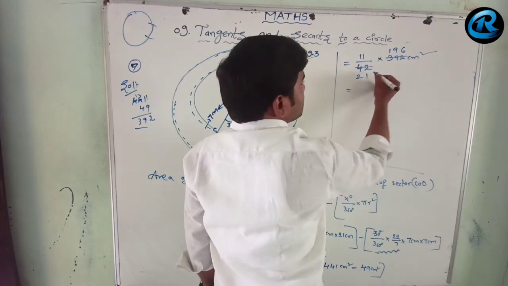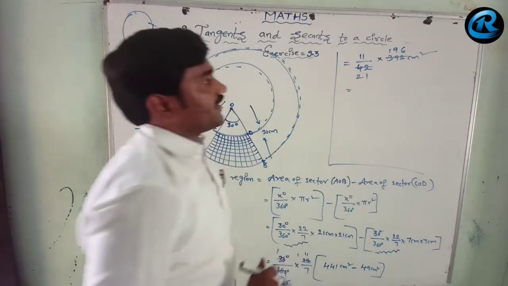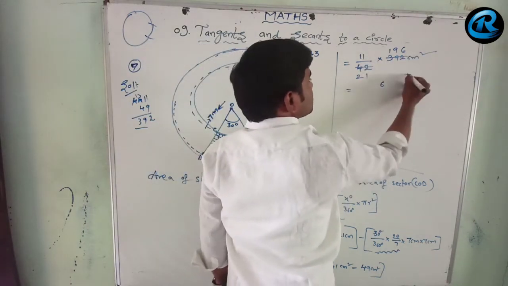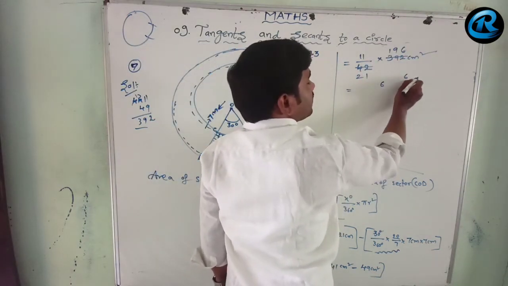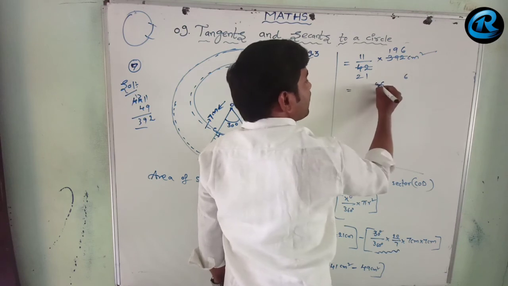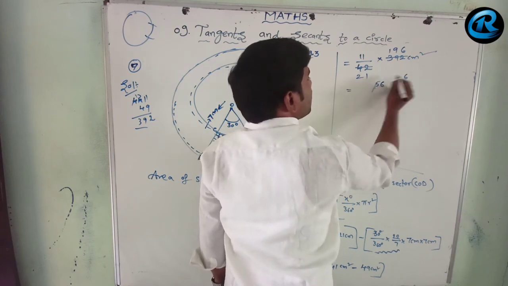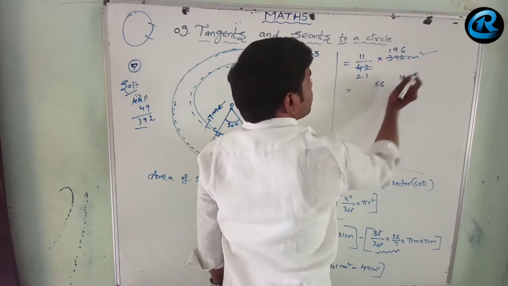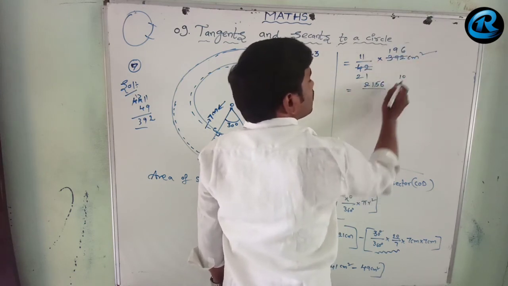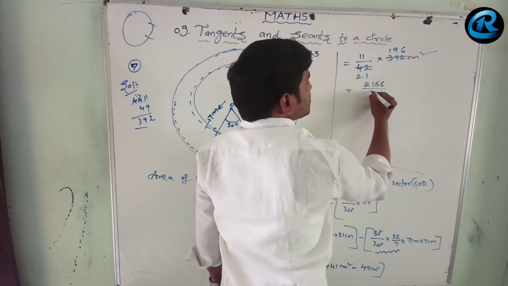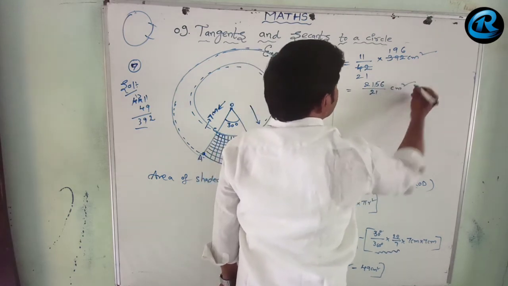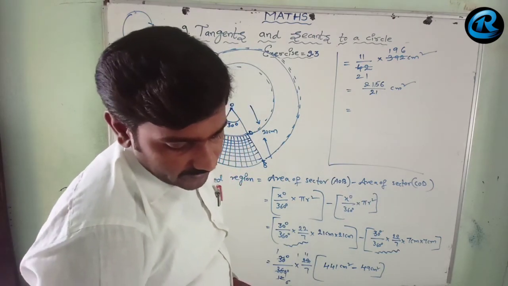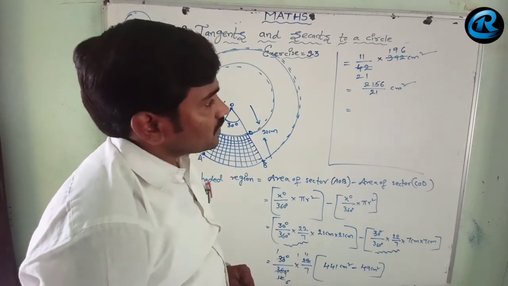So after cancellation, you cancel this and divide it. 11 sixes are 66, 6 carry, 11 nines are 99, plus 6 is 105. So 5 here and 10 carry. Then 11 ones are 11 plus 10, 2156 by 21 centimeter square. Then when you divide this, you will get,